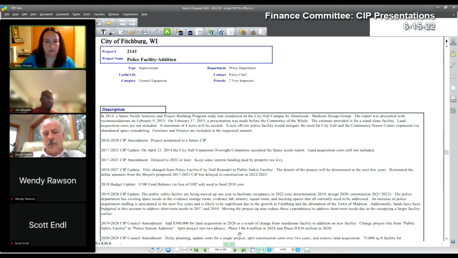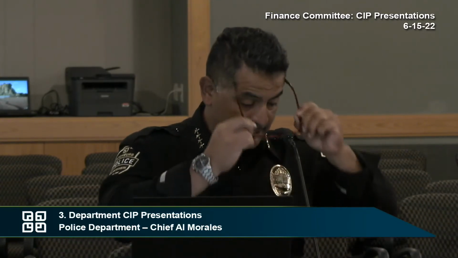And looking at the numbers, I would say most of the numbers that come up are just based on square footage. Square footage alone to determine the price of a police facility is not one of the only things that we look at. For the money that's allocated, it will be definitely far, far under budget, especially with the inflation that we have this year. And I will be talking a little bit about some background that I have in designing a regional training center. This will be a police facility, but at the same time,